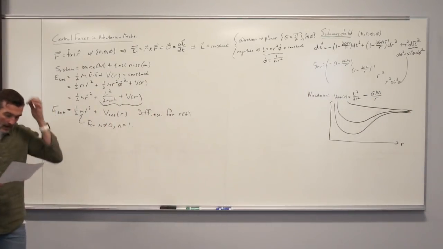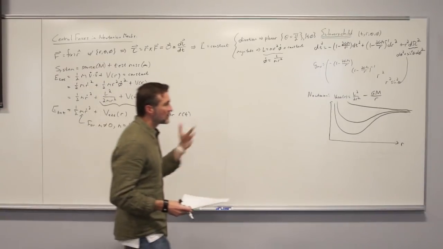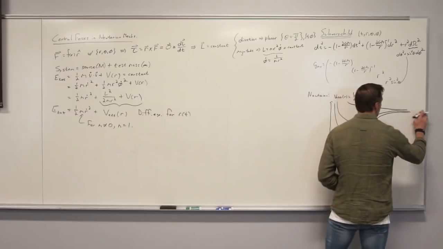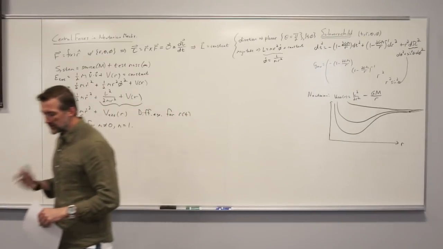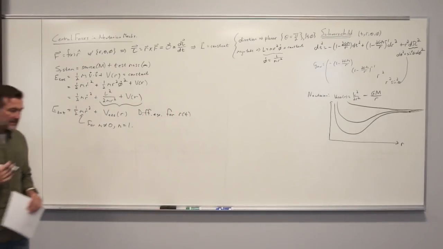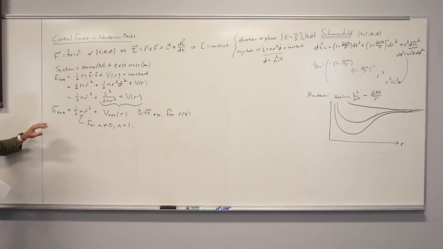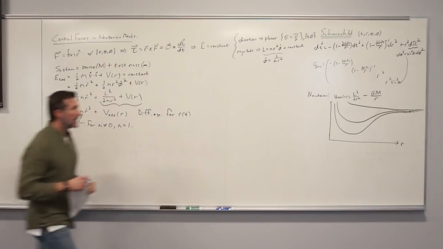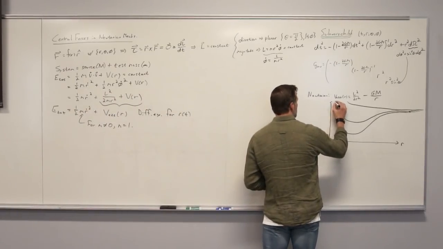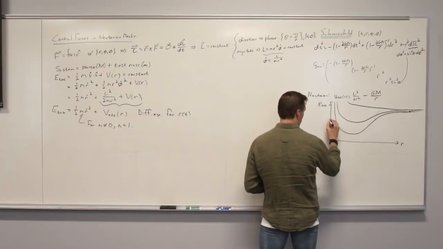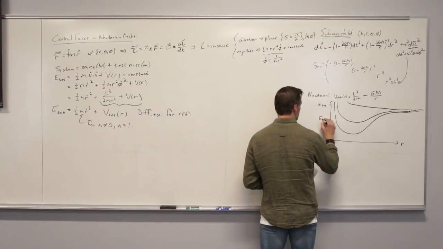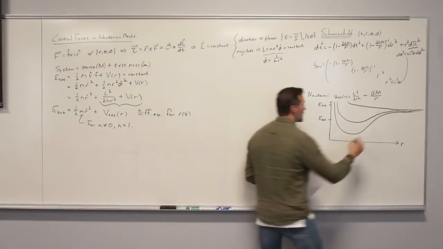Okay, so now to really give an interpretation of what this is telling us, what we want to do is say, okay, I'm going to put a particle into this central potential, this gravitational potential, with a certain amount of energy. So I can give it some fixed value of energy, say E total, and then depending on